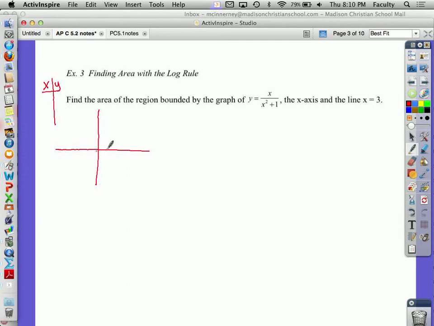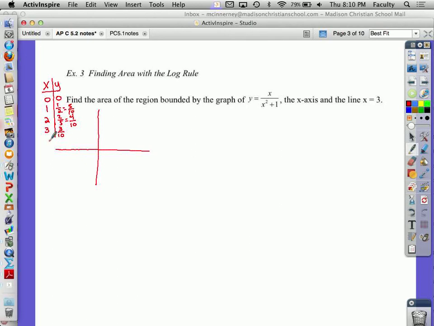Now, the x-axis and the line x equals 3, let's start with x is 0. If you plug in 0, you get 0. If you plug in 1, that's 1 over 2. If I plug in 2, that's 2/5. And if I plug in 3, that's 3/10. Okay, so if I convert all of those to tenths so that I can really see that,